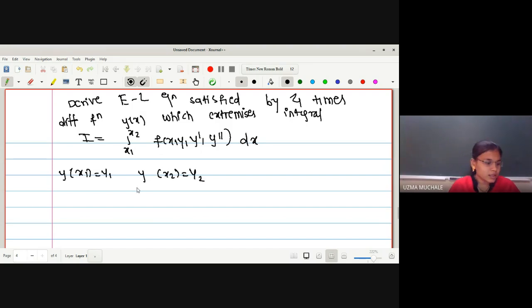Okay. Now we have to go through the same conditions. That is, we have to take any 2 points P and Q on the 2D plane, and there are infinitely many ways to join these 2 points. And later on, we are going to find one more Euler-Lagrange's equation, which is having I to be extremum. What we have to find is one Euler-Lagrange's equation in such a way that we are getting the value of I to be extreme.